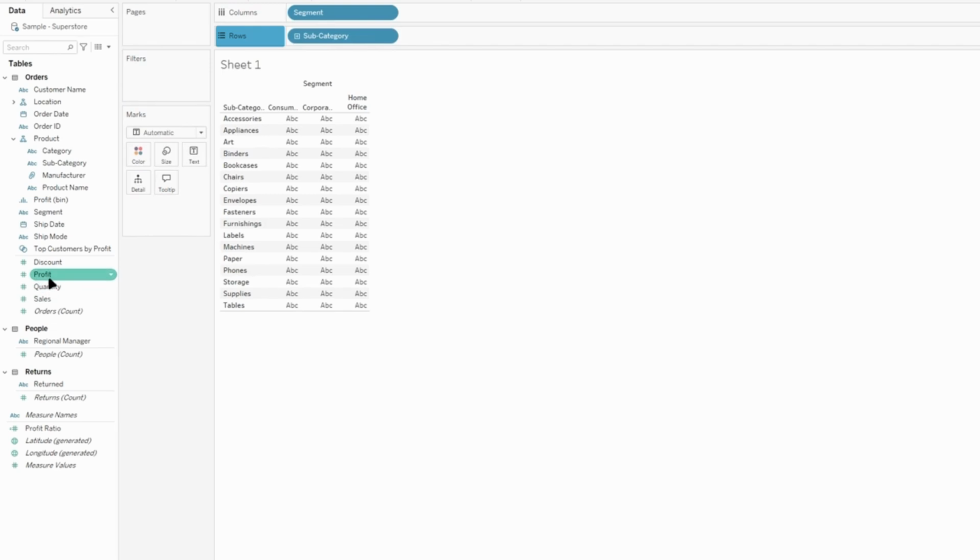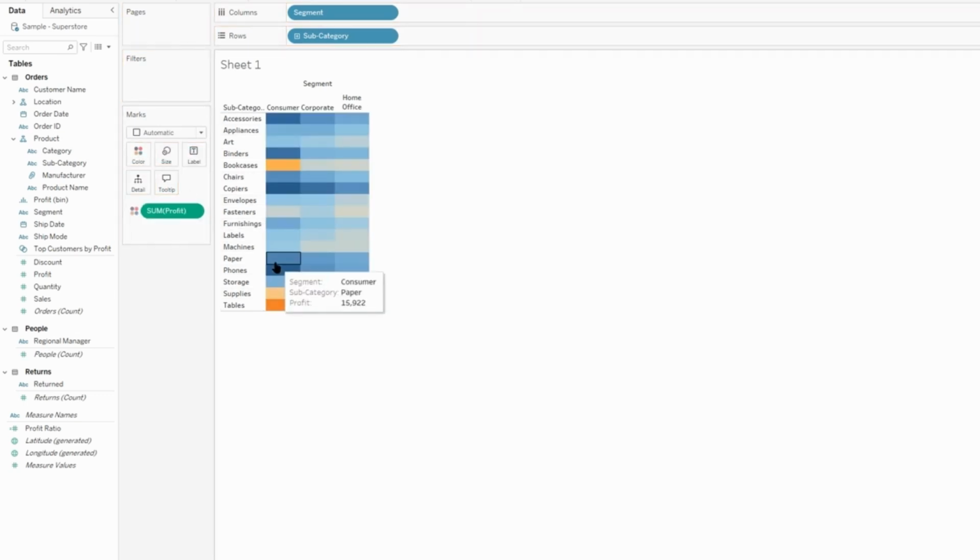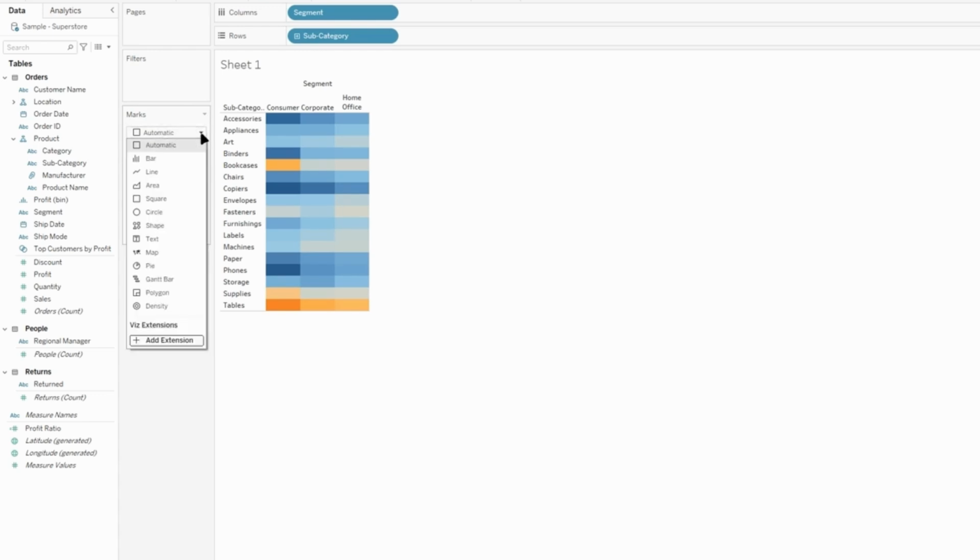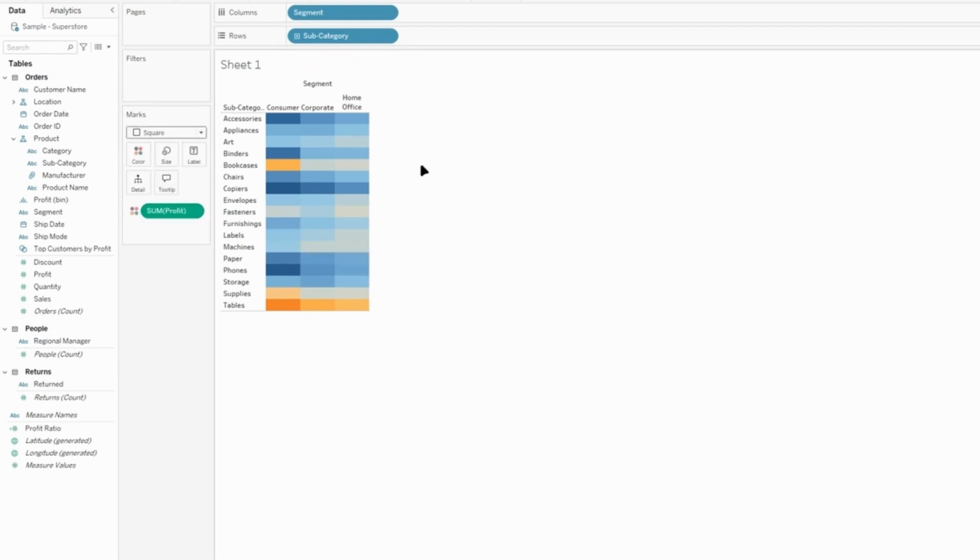The next thing you want to do is determine how to add color to your highlight table. Since we want to find the correlation of profit, we drag profit to the color tab, and then it automatically defaults to the square mark. But we can hit the drop down and actually click the square as well, just in case Tableau isn't smart